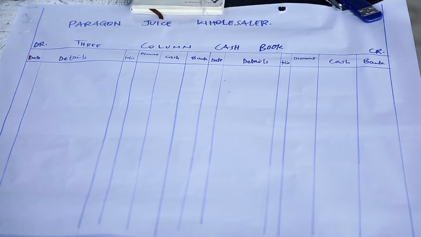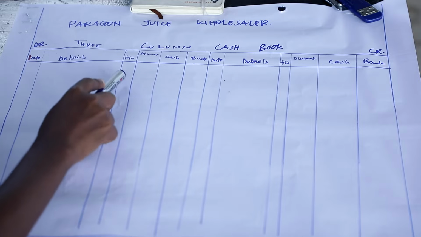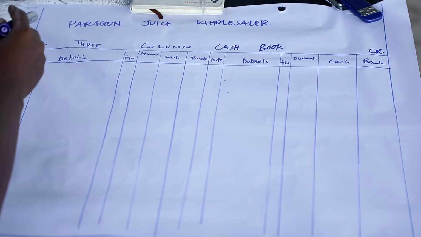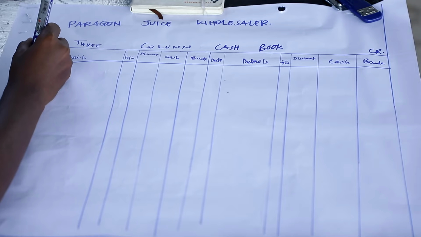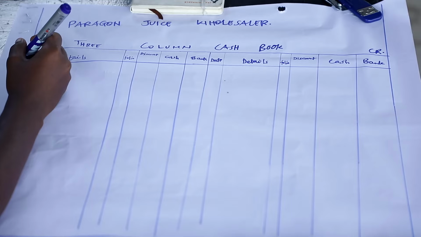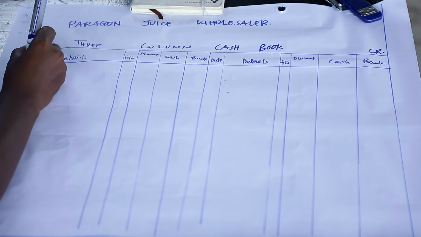So our question states: enter the following transactions in the 3-column cash book of Paragon Juice Wholesaler, balance the cash book at the end of the month, and show the discount account in the general ledger. So I'm going to open my 3-column cash book, which will have the date, details, folio, discount column, cash and bank, and here we have the title, where the wholesaler is Paragon Juice Wholesaler. The accounting year is 2022, and our first transaction will be on 1st January,